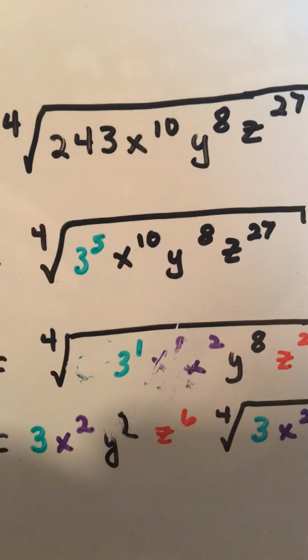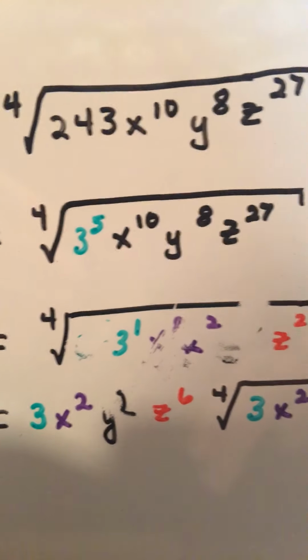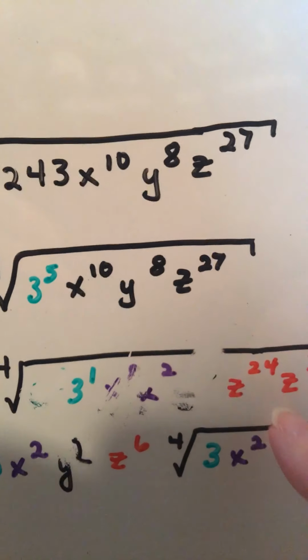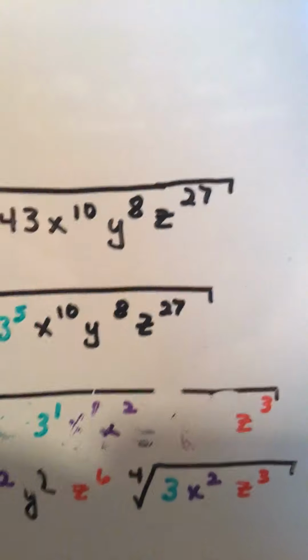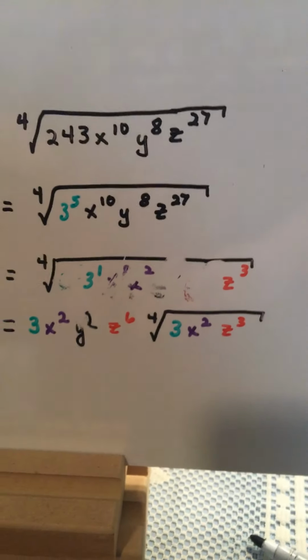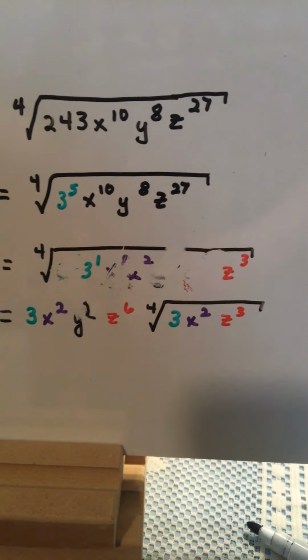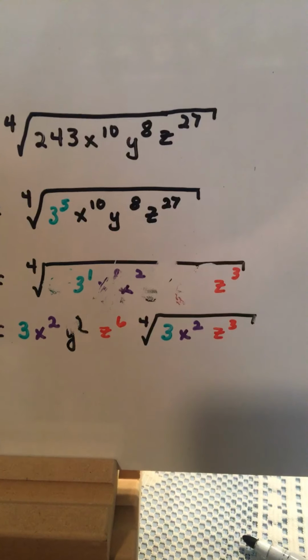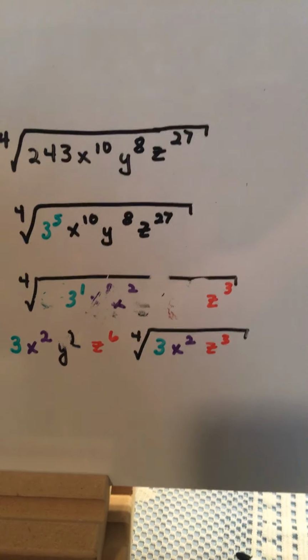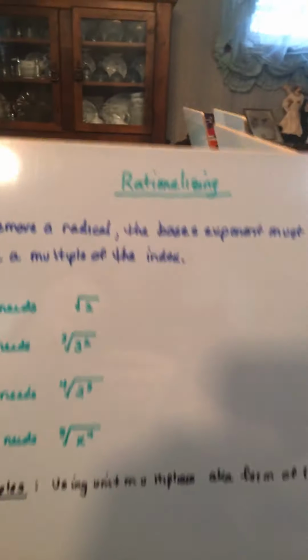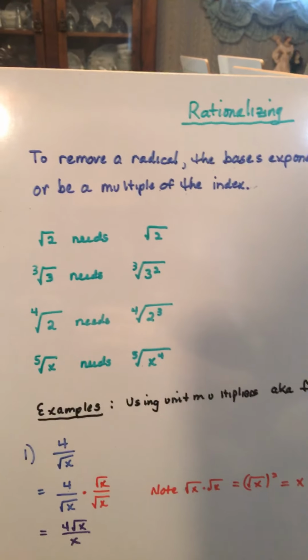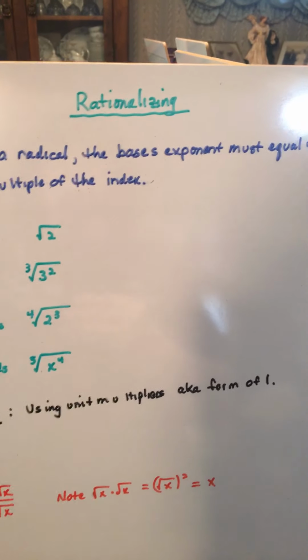Index into exponent gives me 2. Index into exponent gives me 6. And so I'm left with 3 x squared y squared z to the 6th, the fourth root of 3 x squared z cubed. Now, when we want to rationalize a monomial in the denominator, we need to remove